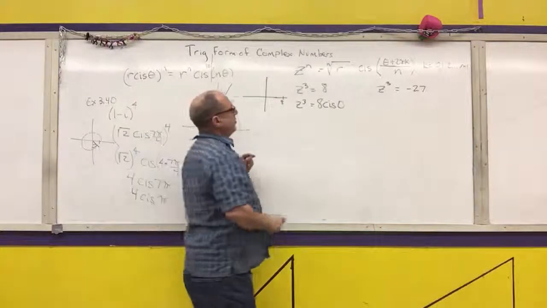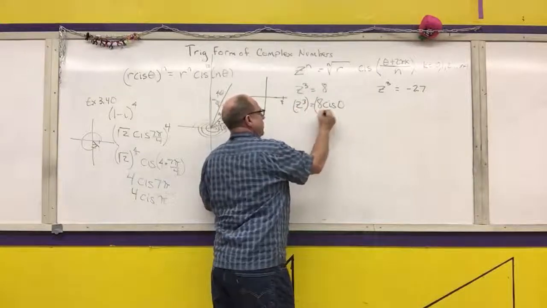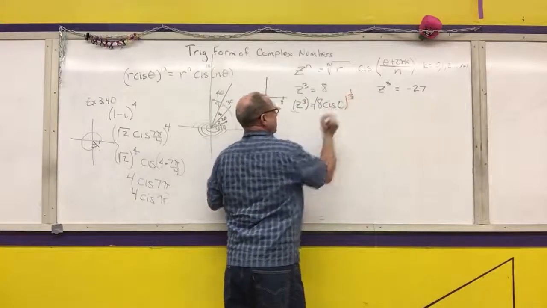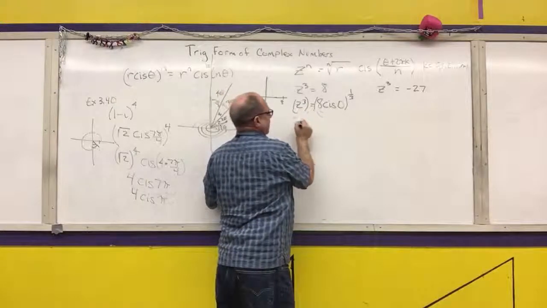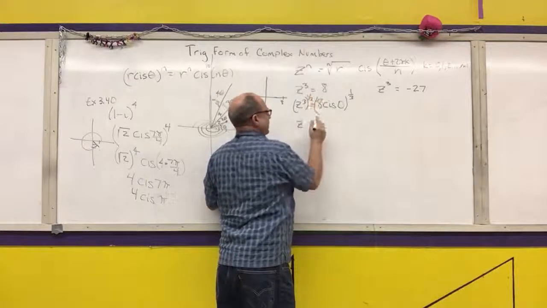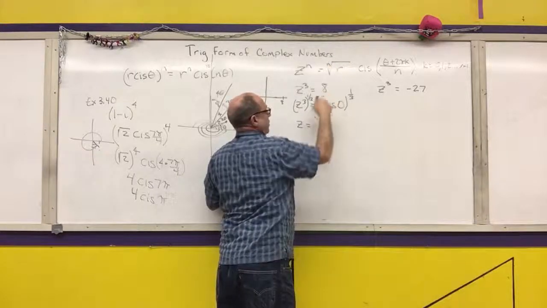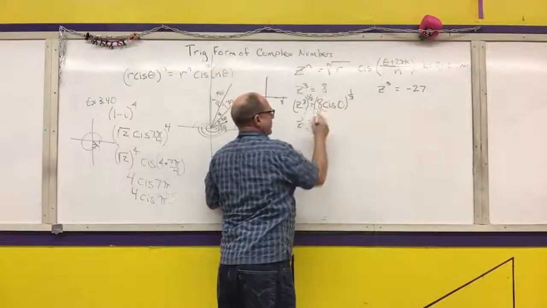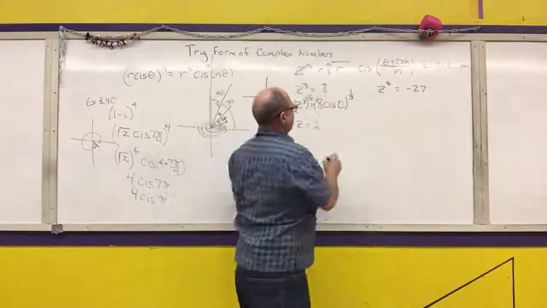And what I want to do is I want to raise both of these to the 1/3 power. Okay? So that's going to give me z is equal to, I'm going to take the cube root of r. Well, what's the cube root of 8? That would be 2. And then it says cis